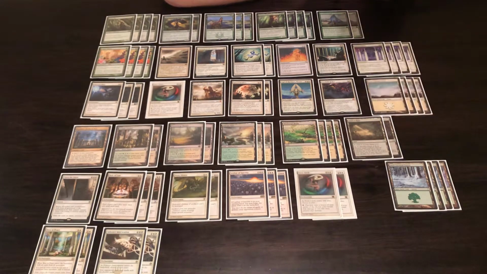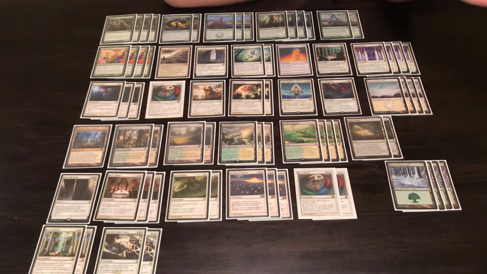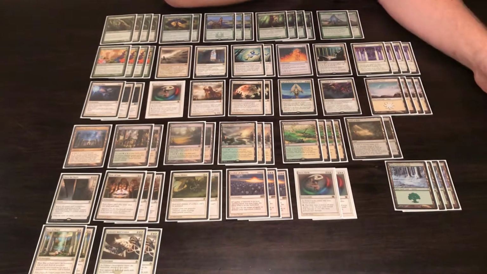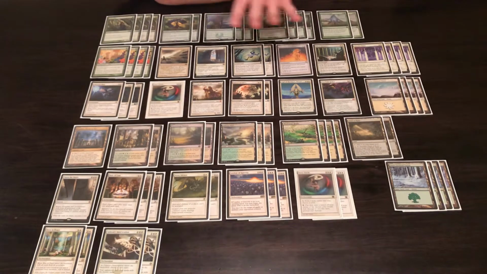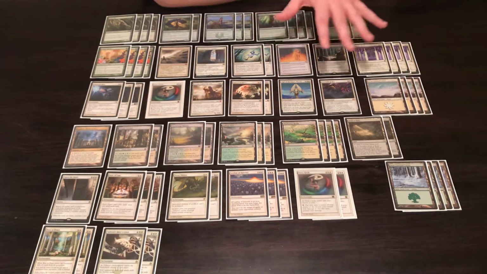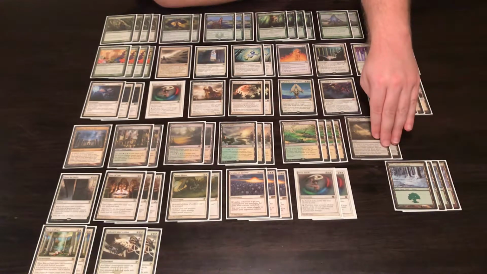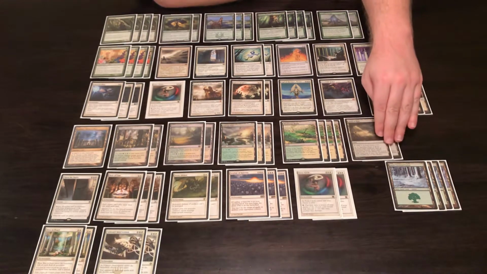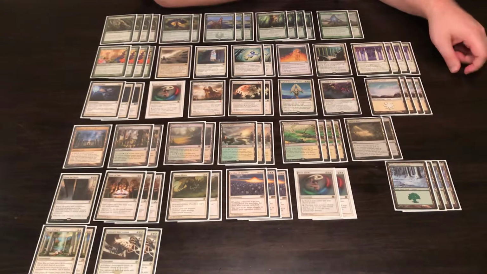We also have 2 Field of Ruins here. And Field of Ruin has become a really big staple in modern control decks. And this is kind of a mono white prison type deck a little bit, but this card goes in a lot of control decks because you can take out their dual lands and keep them off of a color or what have you,